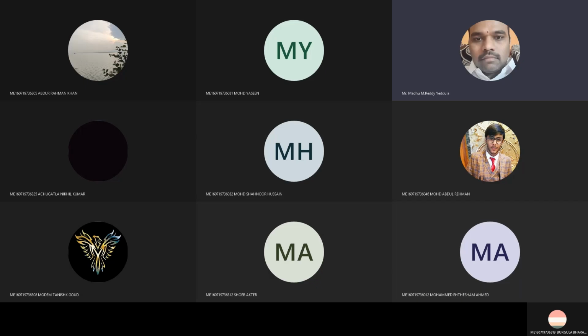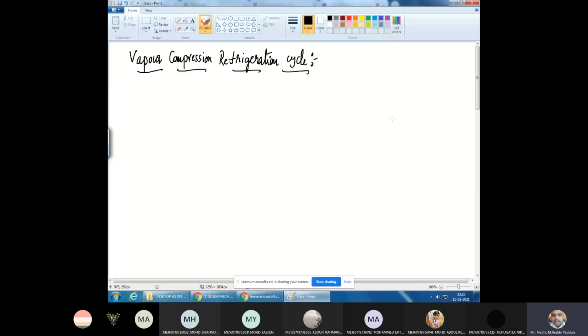A refrigerator works based on the reverse Carnot engine. If you recall, this is the refrigerator. This is the lower temperature body, and this is the higher temperature body. It extracts heat from the body at lower temperature and rejects this heat to the body at higher temperature T1. To do this, let us say W is the work supplied.